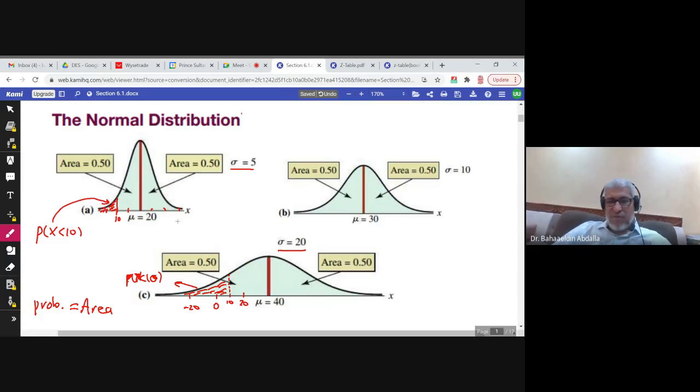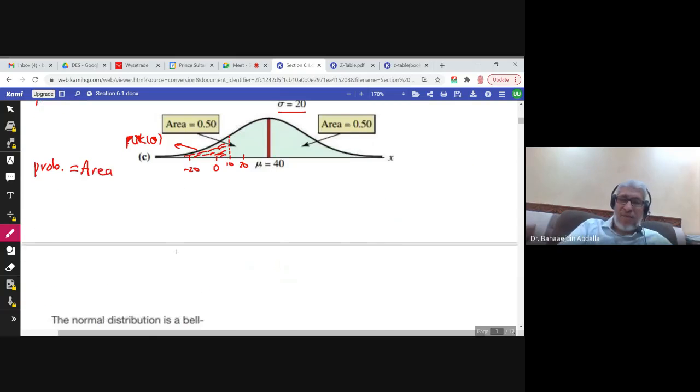Also, the shape of the distribution changes. If the mean is not the same, this would be to the right of this. And if the standard deviation is lower, the graph would be higher like this. And if the standard deviation is larger, there is more spread. The variability in this distribution is more than this one because the standard deviation is 20 and the standard deviation here is 10. So if you change mu and sigma, the shape changes,